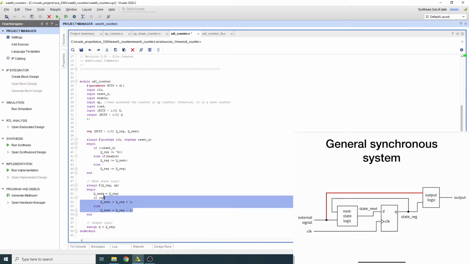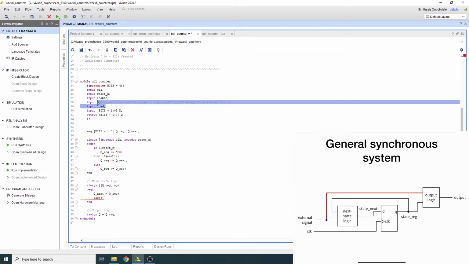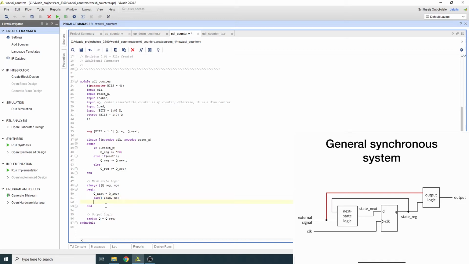So let me just remove it one more time. We can start from there and say, okay, I want a case. The control signals I'm looking for are load and up, and each one of them is a single bit. So I'm just going to concatenate them next to each other: this is load and this is up. The signals that I care about are actually 2 bits,